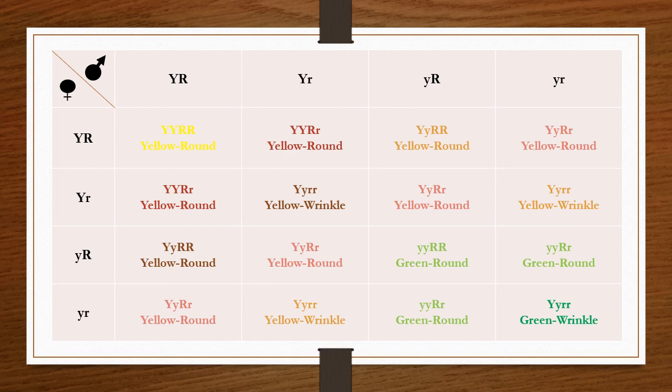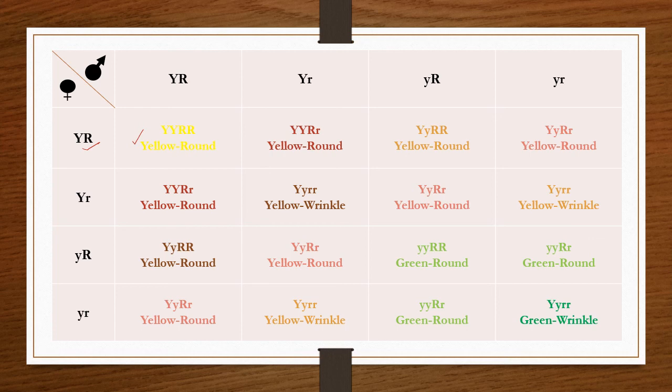So let's see, a female gamete with the capital Y capital R fuses with the male gamete with the capital Y capital R. Then the individual will get capital Y, capital R. So this is round yellow. And similarly, the gamete with the capital Y capital R fuses with the male gamete with the capital Y, small r. Then we will get yellow round. So in this manner, if you fill